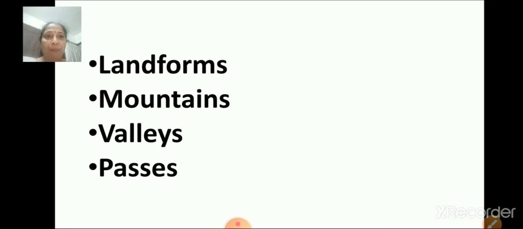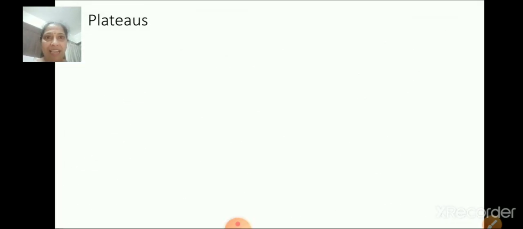Now our next topic is plateaus. So children, you had learned this lesson, isn't it? So what is a plateau? Yes, a large area of flat land that is higher than the land around it.